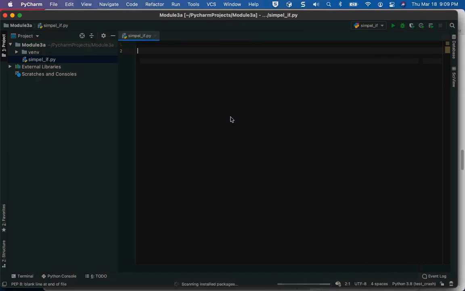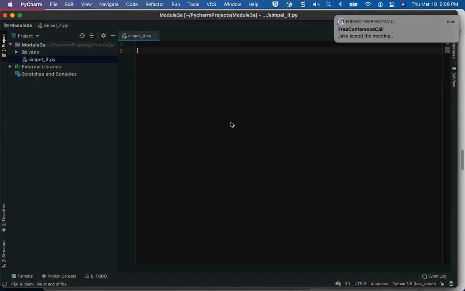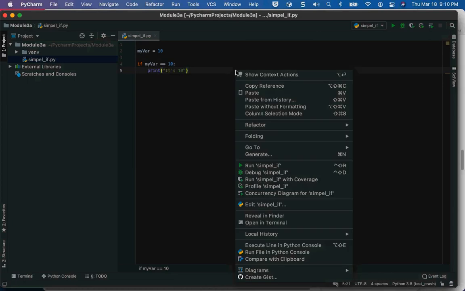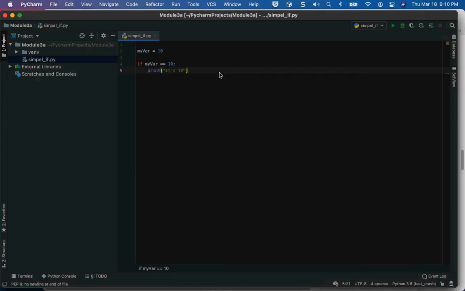Okay. So basically what I'm going to do right now is I'm going to ask a question to Python. So first I'm going to say my var is 10. I'm going to say if my var is equal to 10, or is the same as 10, print it's 10. Otherwise,